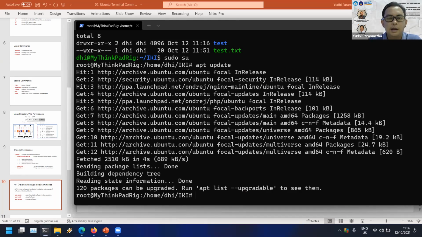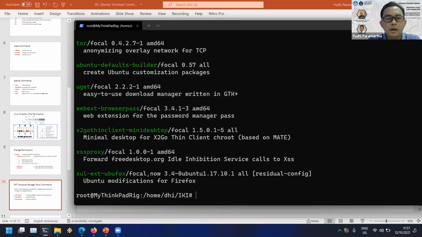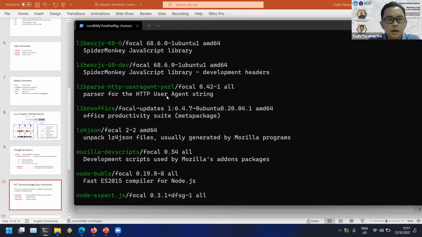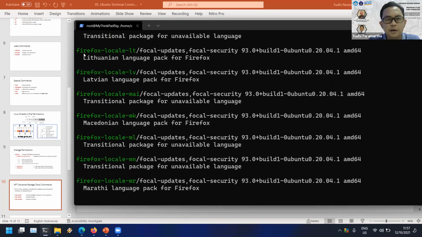Okay. And then the second is apt search, to search for the application that you want to install. For example, I want to install Firefox. I'm using apt search Firefox. Okay, enter. And then we could see here, this is Firefox.